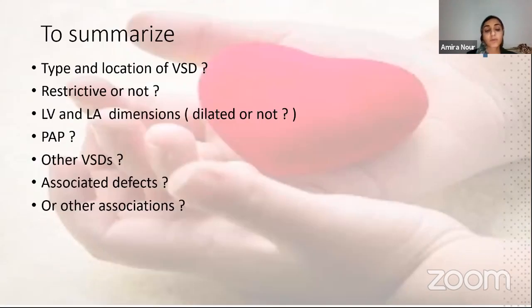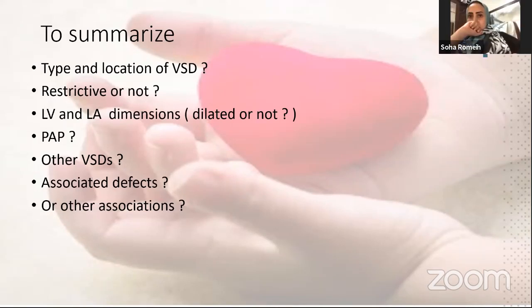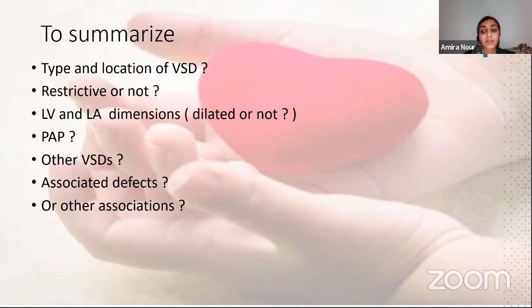To summarize, if you are writing an echocardiographic report about VSD, you should answer all these questions, or you should keep these questions in your mind. The type and location of VSD, whether it is restrictive or not, whether the left ventricle and left atrium are dilated or not, what is the pulmonary artery pressure. As we said, you should scan the septum in order to know are there any other VSD, as one of the common scenarios that we can see if you are having a large non-restrictive VSD, and actually it may attract